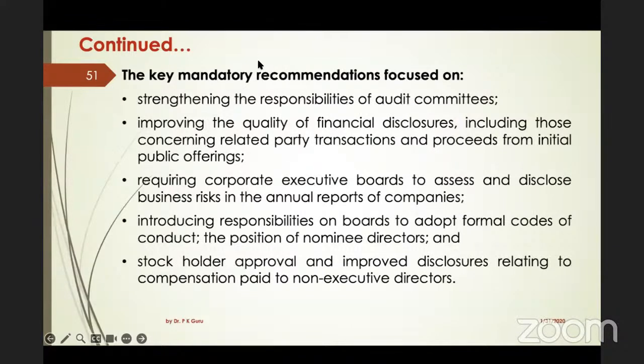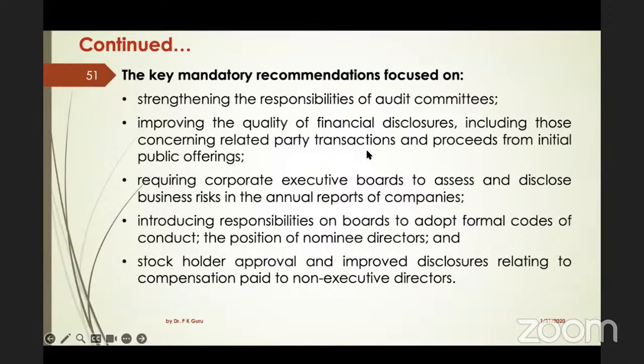Because a company is there, you have no relation, but you can still have a relation like friends. When the promoter knows you and you want to give him benefit, he wants to give you benefit, you can do something which is not in the best interest of the shareholder. Those types of practices are related party transactions.